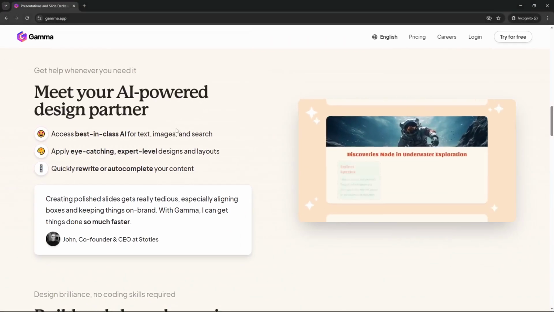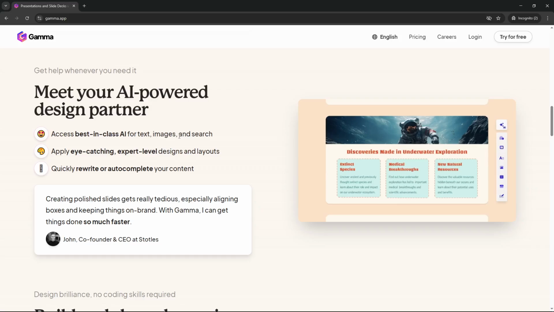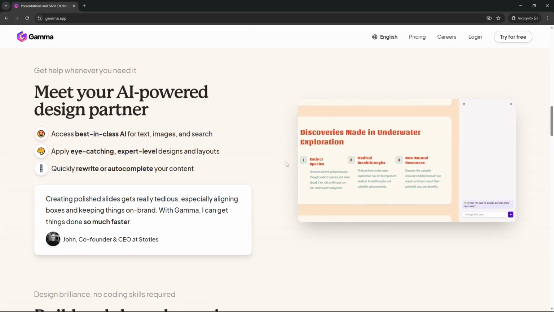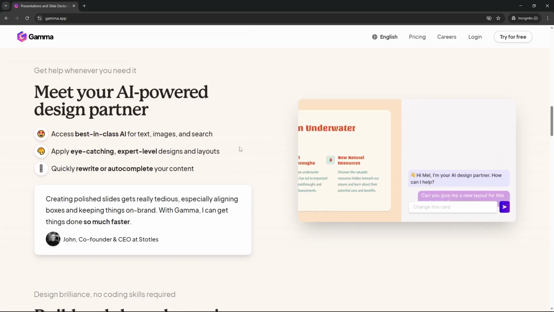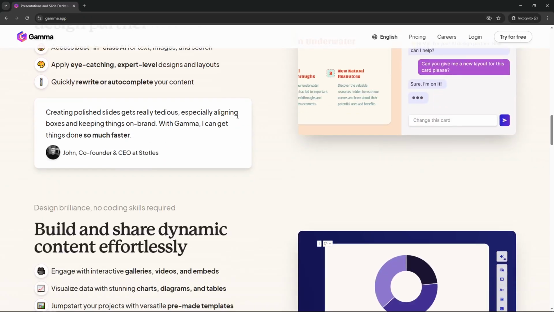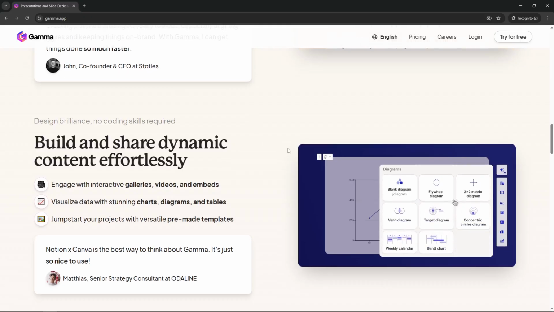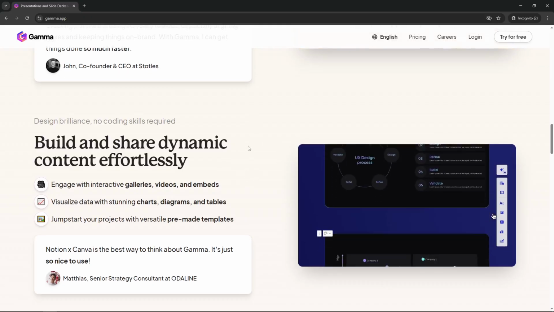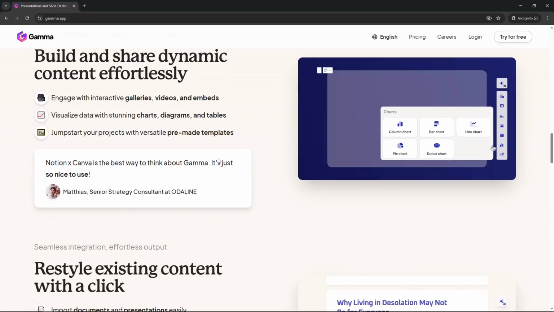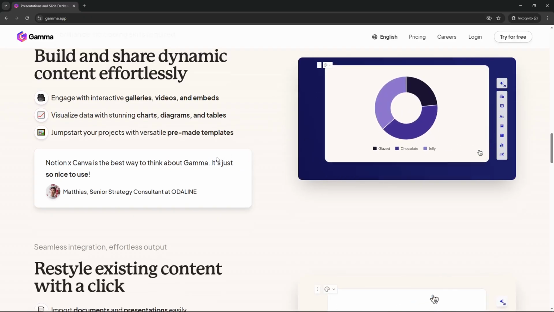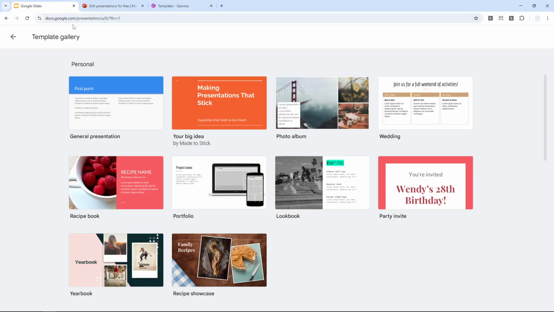So if you have an idea and you want to create a presentation, then you can just describe the idea to AI, and then it will give you a complete presentation. Or if you have a document and you want to turn it into a presentation, you can do that as well. So it is just amazing,